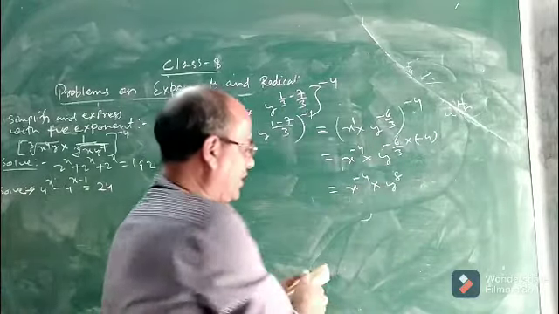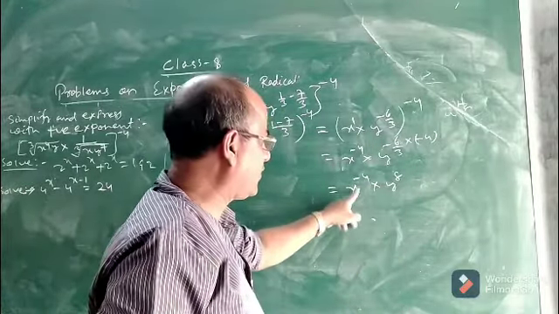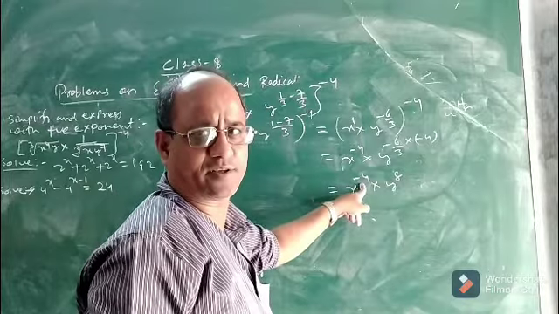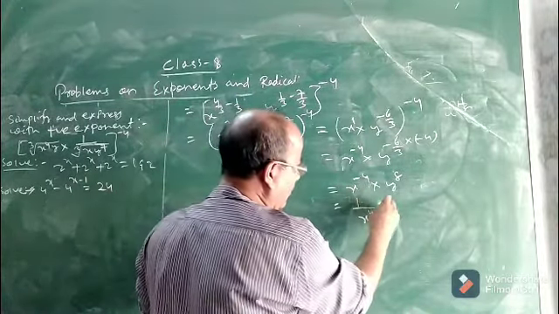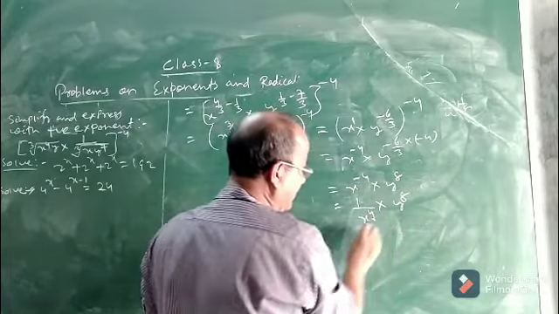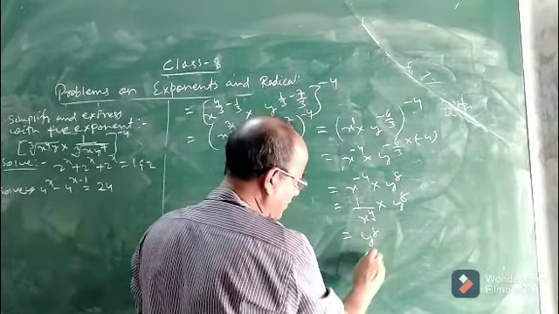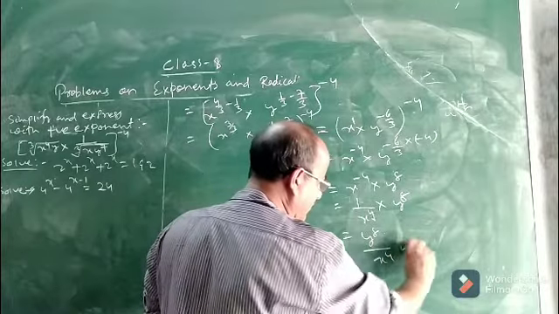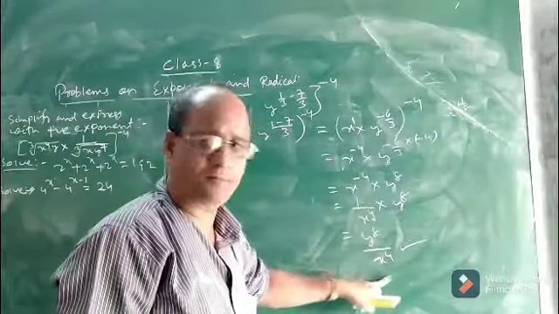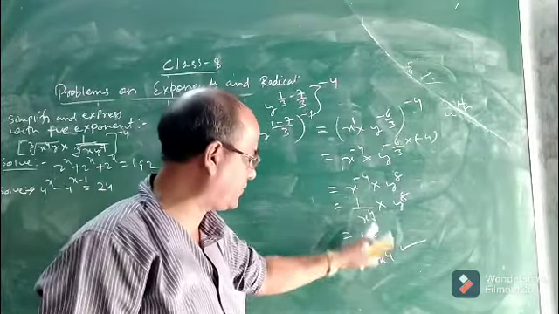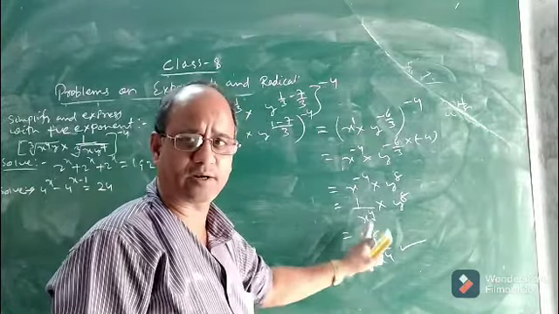Now see, here the exponent of x is negative, so you have to change it into positive. So it will be 1 by x to the power 4 into y to the power 8, and this will be the final answer: y to the power 8 by x to the power 4. See children, this is the simplified value. This will be the simplified value of the given expression with positive index, where the exponent is positive.